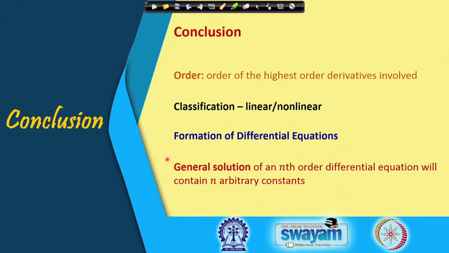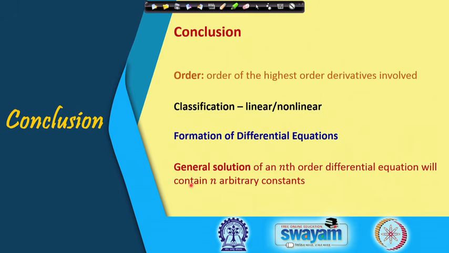So, what will be coming in the future lectures is how to find the solution of a given differential equation. So, how to find the solution, how to find the family of curves, whether a particular family of curves or the general family of curves that will be a solution of the given differential equation. In other words, what we have also discussed here, the general solution of an nth order differential equation contains n arbitrary constants. So, the general solution is nothing but the n parameter family of curves which satisfies the given differential